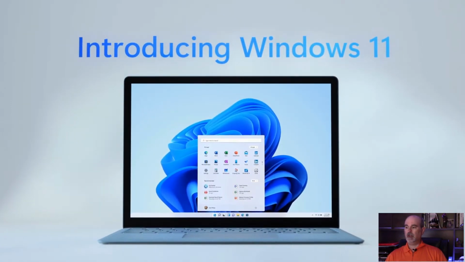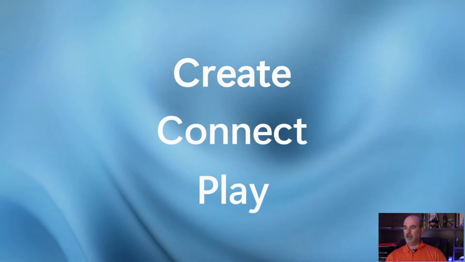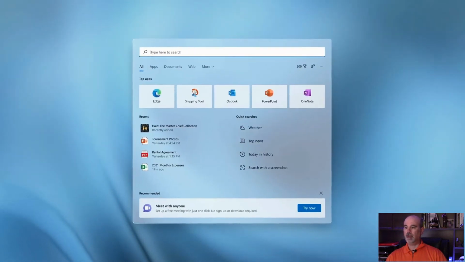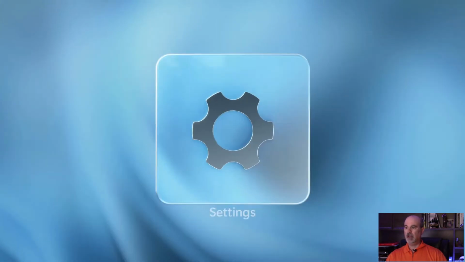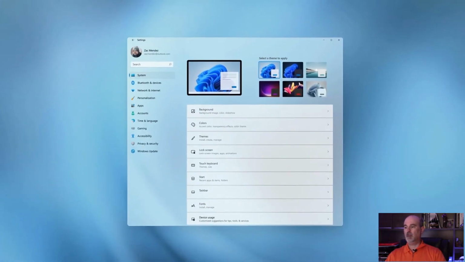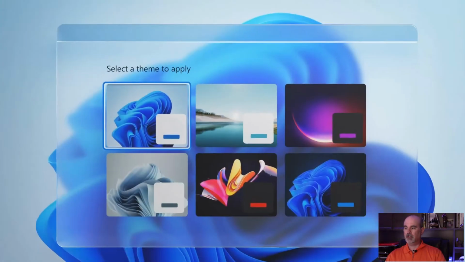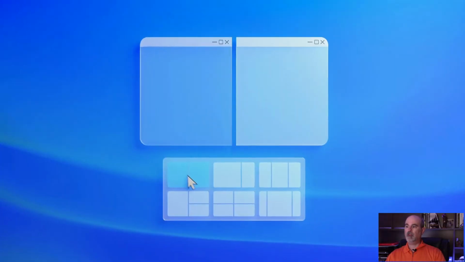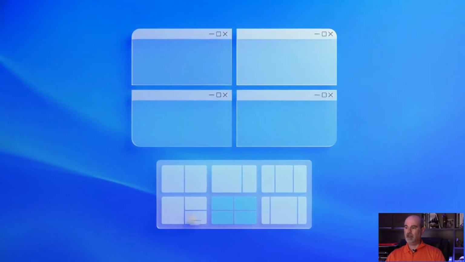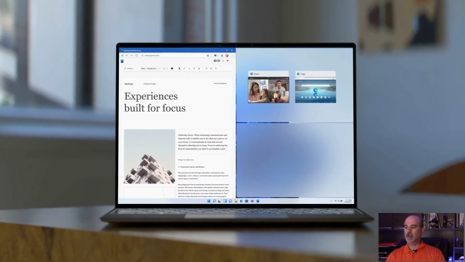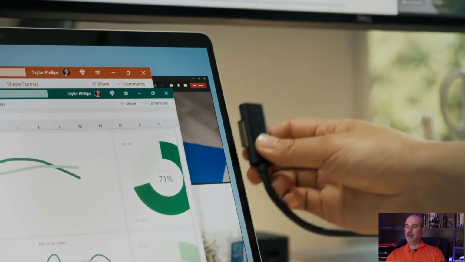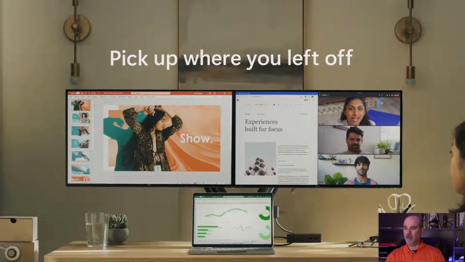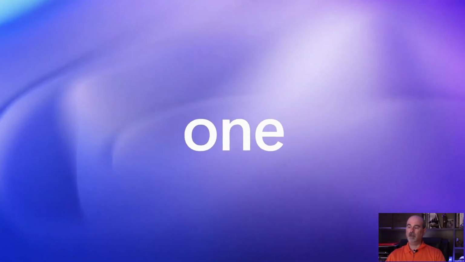So with the start button, whether you keep it in the middle or not, you have all your icons for your standard programs. You can search straight from there and access all your settings, including they've got a lot more themes on there that are cool, but you can still have your own pictures if you want to use. Having programs snap into place is much easier than it used to be, and being able to have multiple monitors and also switch back and forth from being on the road to the office is easier now too.